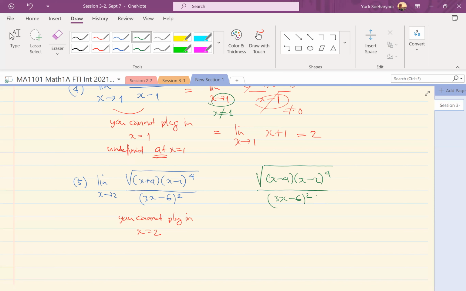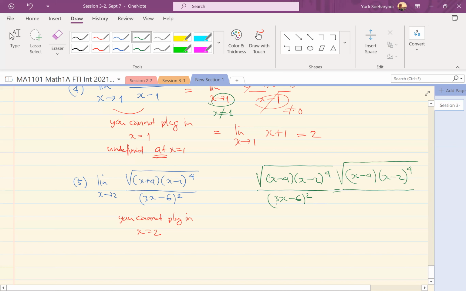Okay, see here, in the bottom you can factor 3 out, right? So you take 3 out, so this is x minus 2, so it's squared. So this should be a square also. Sorry, the OneNote is stuck. Let me just